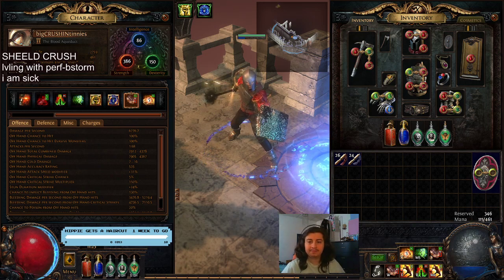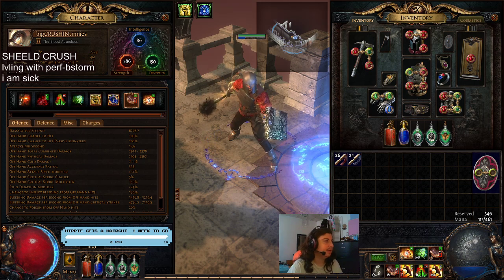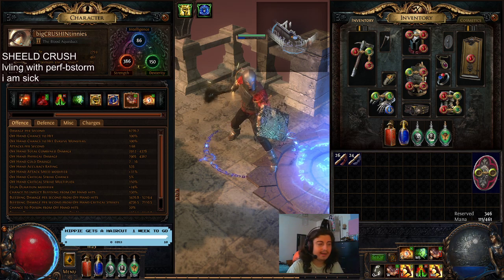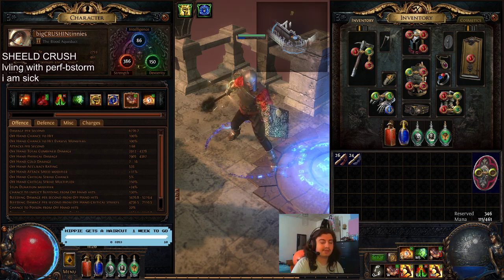Hey, it's me, Big P, about to start day 2 of the Expedition League with my Shield Crush Gladiator, and I want to do a quick video going over where it's at right now, how leveling was, and all that stuff. I wasn't able to play as much as I really wanted to because I was actually kind of sick,